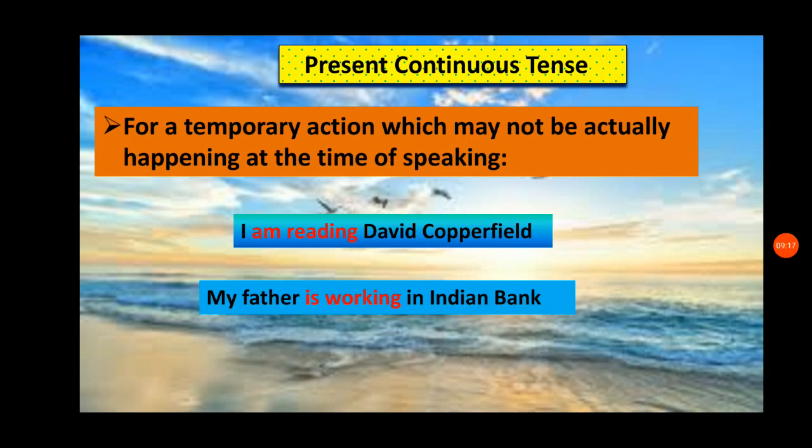Okay. And my father is working in Indian Bank. So actually people cannot work continuously from the morning to night. In the particular time they are going to office and doing their work and come home. So we cannot take it into spontaneous work or continuous work without gap. But there is a gap. So regularly he goes and comes to home. Okay. So but he is doing this work. My father is working in Indian Bank.